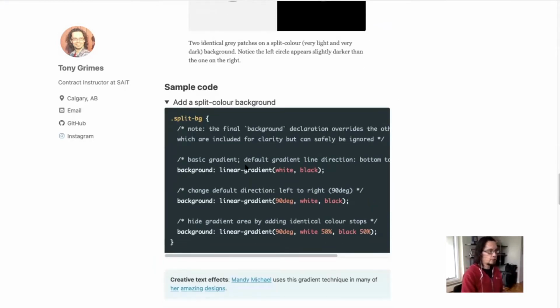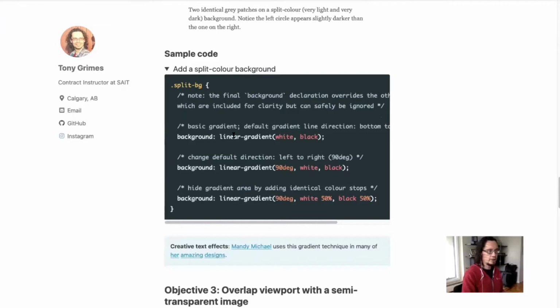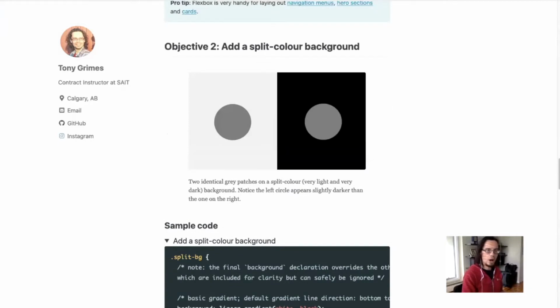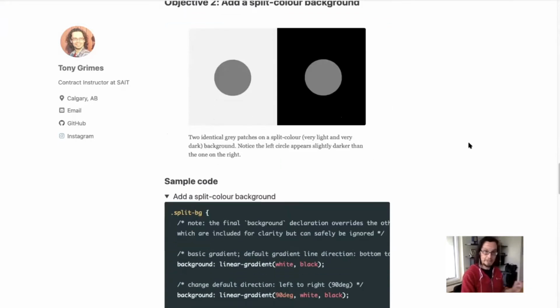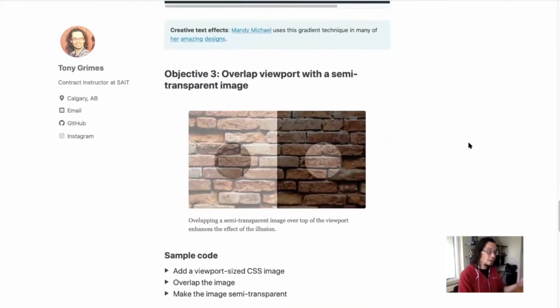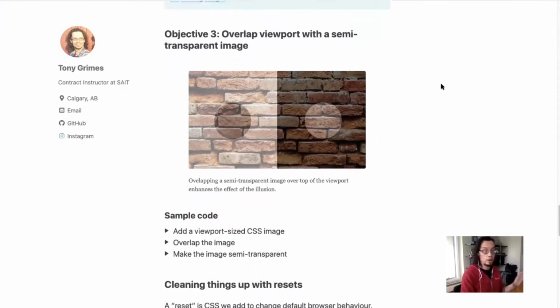And we're going to go through the 3 versions of kind of the same exercise, where we're going to be doing a linear gradient here. This is just going to be the default. Then we're going to change the direction of that gradient. And then we're going to play around with the color stops to create this fine line of color that separates these 2 circles. And then depending on where we're at for time, by the time we get that, we might take a break, because objective 3 is, like I said, the larger